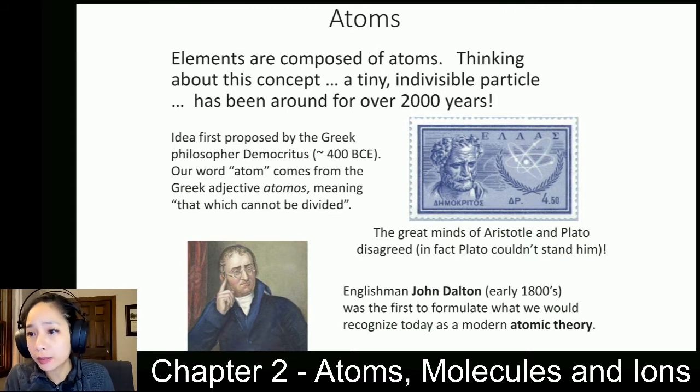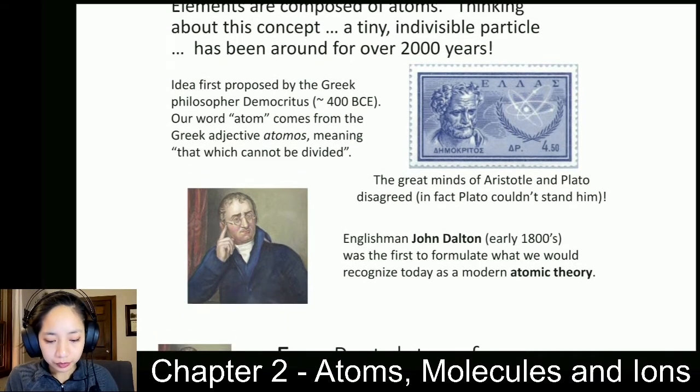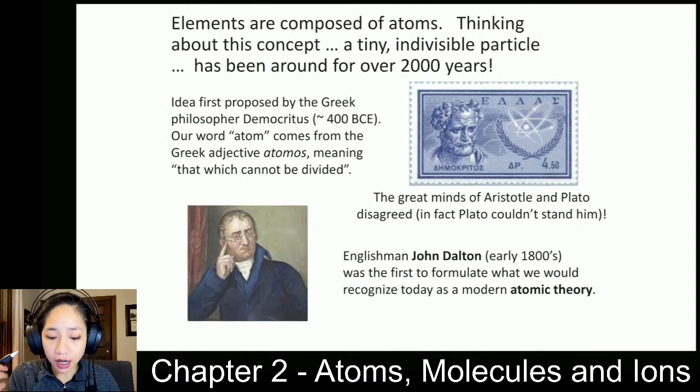We know that elements off of the periodic table are composed of atoms. So this concept came about by philosophers. And then over time, we brought in the scientific method and started testing things. And from that was born modern day chemistry. We'll talk about some of the chemists that took these philosophical concepts and turned them more into the scientific realm. One of those chemists is John Dalton.